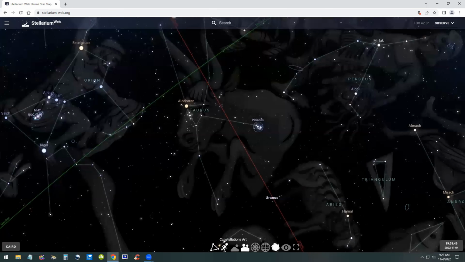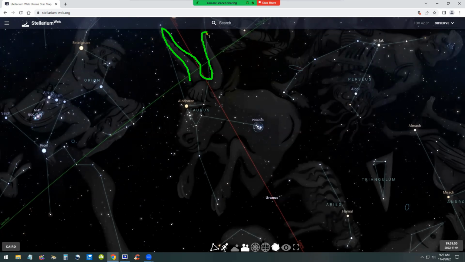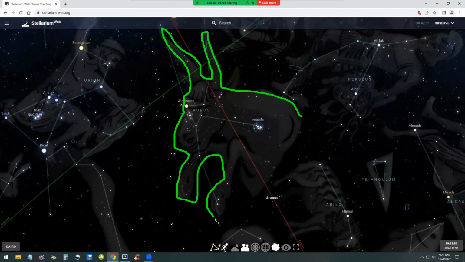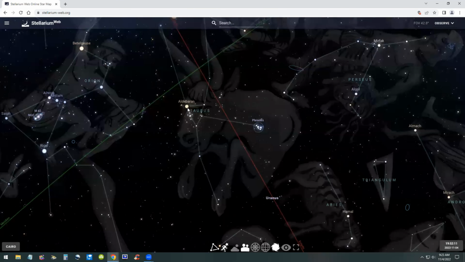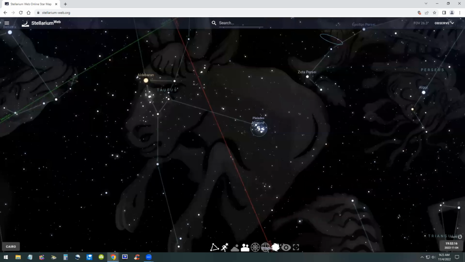Let's turn on the celestial art, and then this is Taurus, the bull, right? And the eye of the bull, as the saying goes, bullseye, right? Bullseye. What's bullseye? Bullseye is Aldebaran star. So we're now zooming in on Aldebaran and on Pleiades, which is Athuraya.